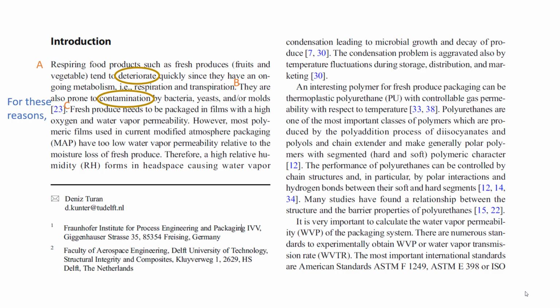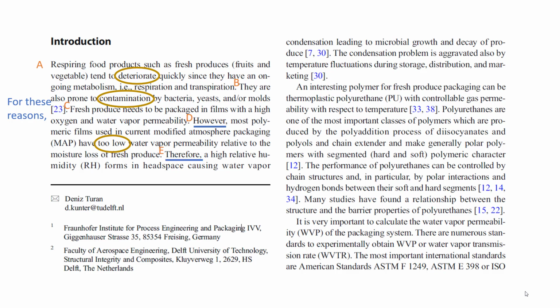All right, so we need a barrier of some sort. We need a wrapping which is going to allow oxygen and water to pass through it. It's not going to trap it inside. And that's the next one. So the signal word here, however, shows us that as you put the plastic wrapping around it, this also could have a problem, because these packagings sometimes have too low water vapor permeability. In other words, they don't allow the water to escape, they keep it inside, and that creates the next problem,